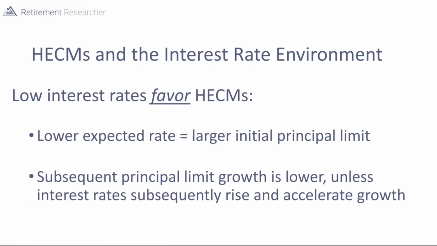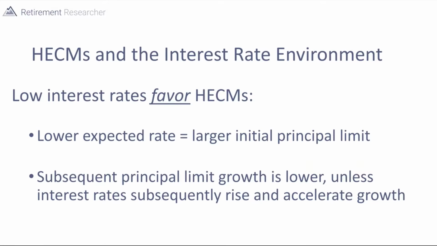So interest rates are at historic lows at this point, and there's only one tool I'm aware of that actually benefits from low interest rates. Everything else becomes more expensive. And there's some tools that are relatively better off with low interest rates, such as delaying Social Security and also annuities. But the reverse mortgage is the one tool